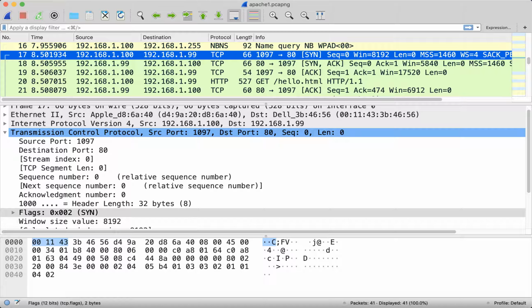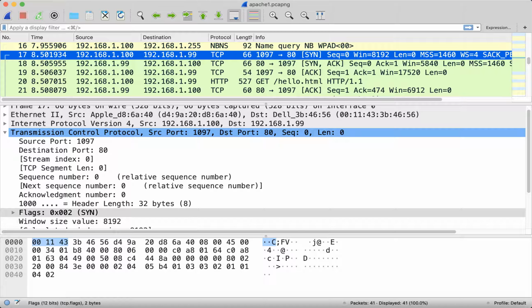And so this session describes a request from a web client to a web server, basically for an HTTP request. So here we see the web client is address 192.168.1.100 and the web server is 192.168.1.99. So let's go back to record number 17. Record number 17 shows that there is a TCP request from the web client .100 to the web server .99,